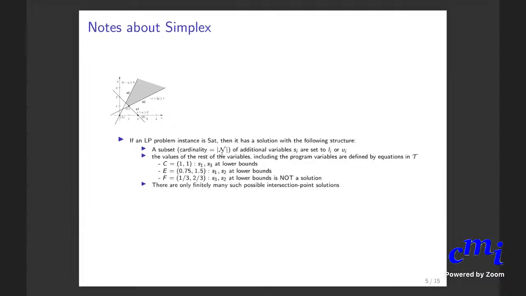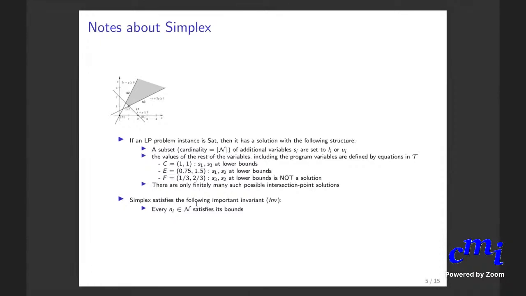But the thing is that there is always a solution where some non-empty subset of the slack variables are set to their lower or upper bound, and the rest are expressed as linear combinations of those. Okay, and simplex always satisfies